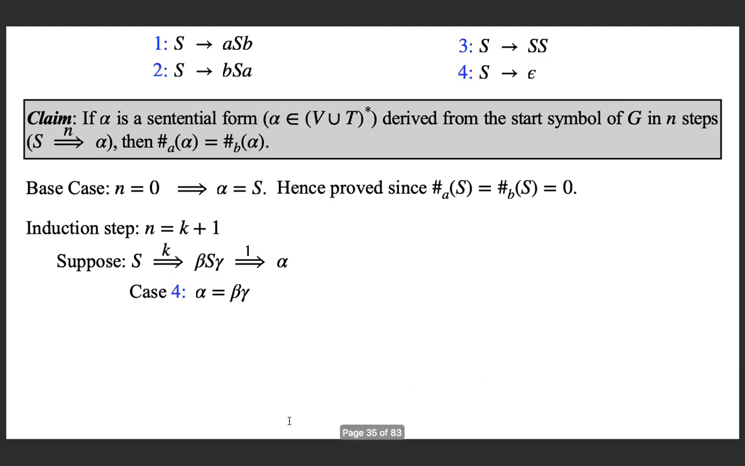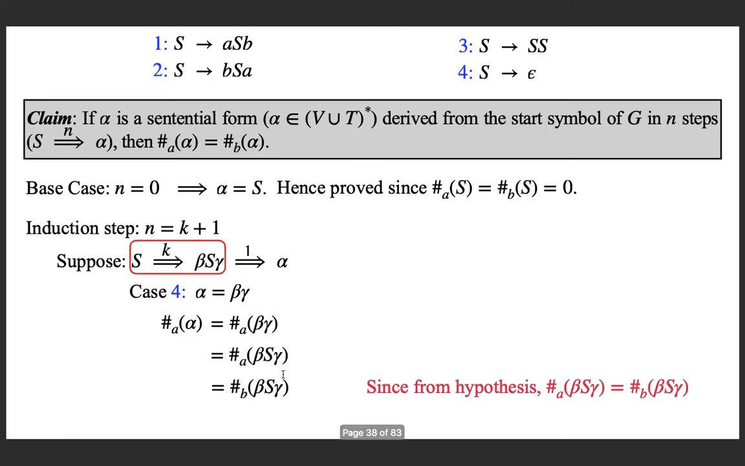Moving on to the last case, when we apply production number 4, so you are replacing capital S with epsilon, you are getting this. What's the number of A's in alpha? You can say that it's the same as here, because the capital S does not contain any A. Now from the induction hypothesis, we know that this quantity is the same as the number of B's here. And you can safely take out S because there is no B in S. So you are getting the number of B's in beta gamma, which is exactly alpha. So we are done. So in all the 4 cases in the induction step, we prove that the string which is derived contains an equal number of A's and B's,